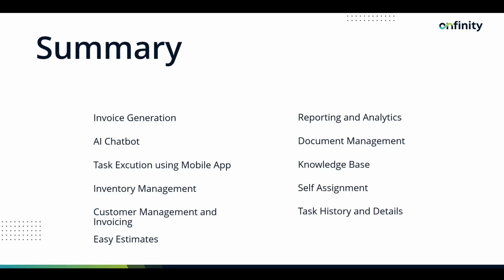For app capabilities, there are many capabilities in the mobile application. An AI chatbot supports technicians, making it very easy to perform the maintenance. There is self-assignment of tasks from the mobile application. You can pick a task from the bucket and schedule it, work directly on the scheduled ones, see related resources, and collaborate with them directly from the application. You can see who worked on the asset earlier, navigate to the client site, and create requests directly. All the task details are there,